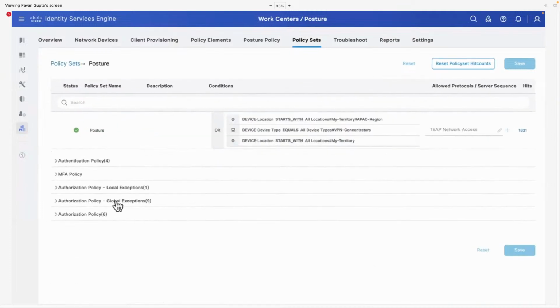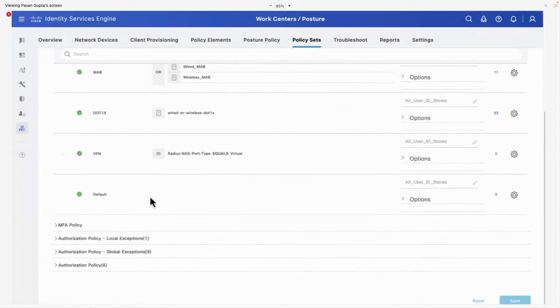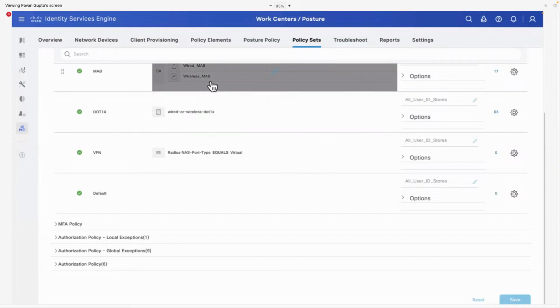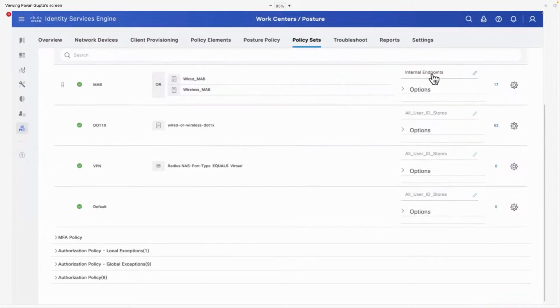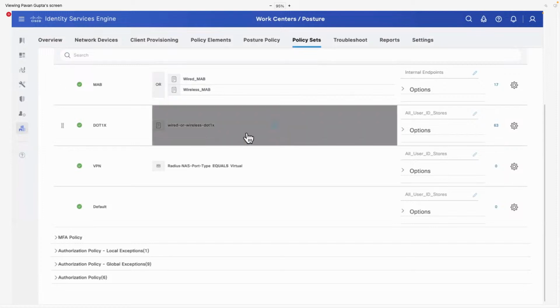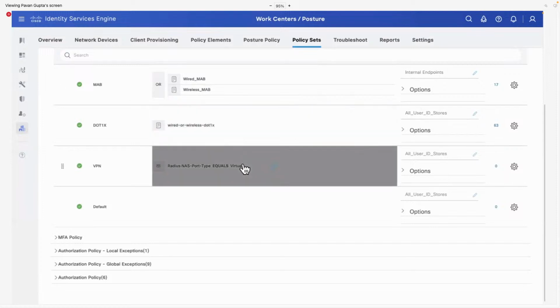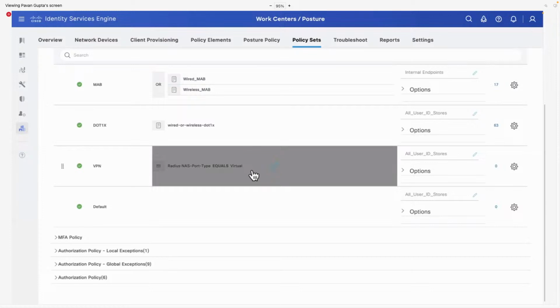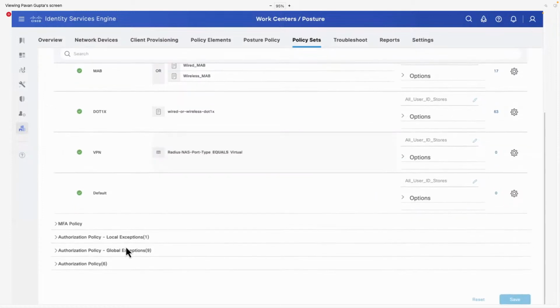We're making use of this policy set, and we already have authentication policies defined for MAB, .1X, and VPN. MAB authenticated devices are basically gleaned through the internal endpoints. For .1X and VPN, they are basically getting authenticated against the all user ID stores sequence, in which my external identity stores are also present. And coming down to the authorization policy,